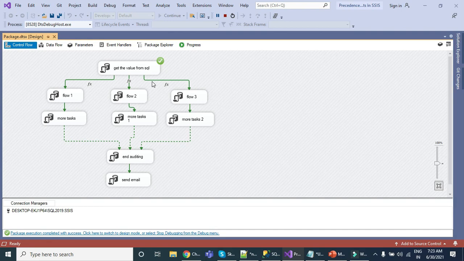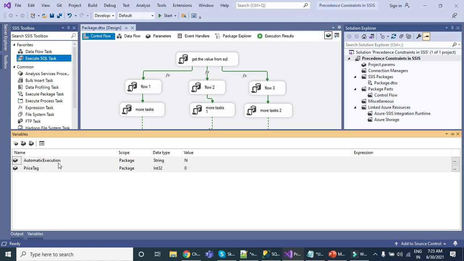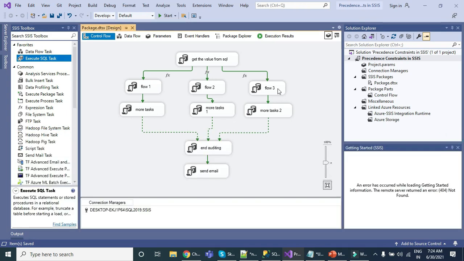So you can see that because the value of the automatic execution is n, that's why nothing is getting executed. And if you want to get it executed, then in the SSIS package you need to set this automatic execution value to y. Okay, so in some scenarios you can pass the value to the SSIS variable from outside of the SSIS package, and sometimes you want that, for example, for testing purposes, you can set it to n, and while scheduling it maybe you can set automatic execution to y. So it's up to you. So I just change it to y, and now one of the executions should be successful.